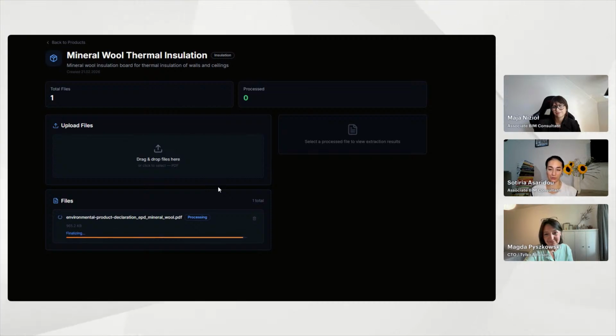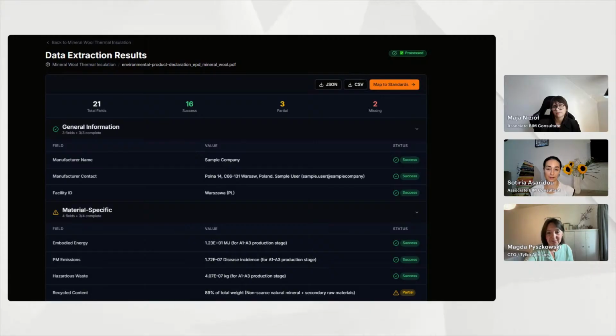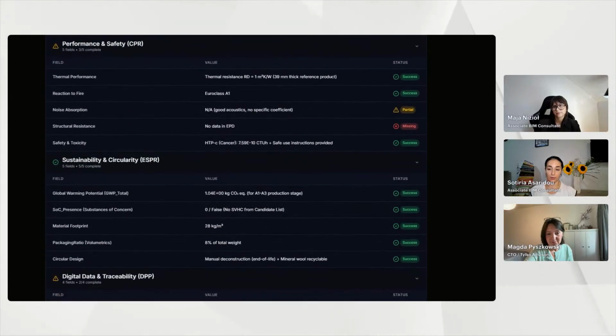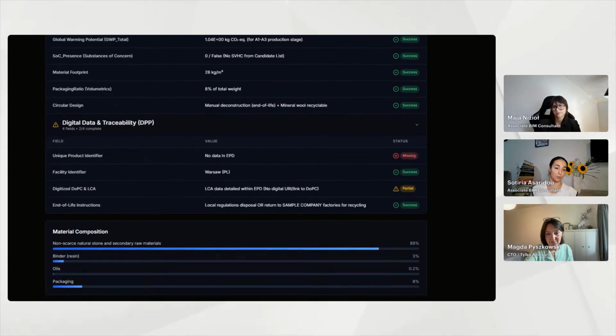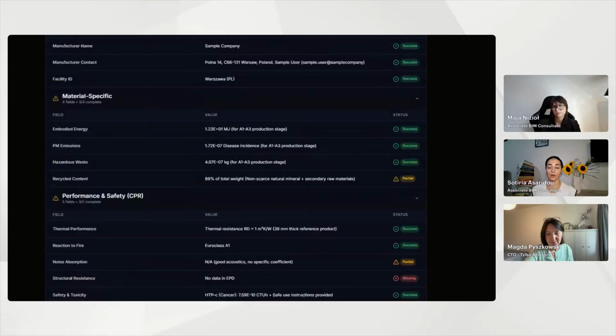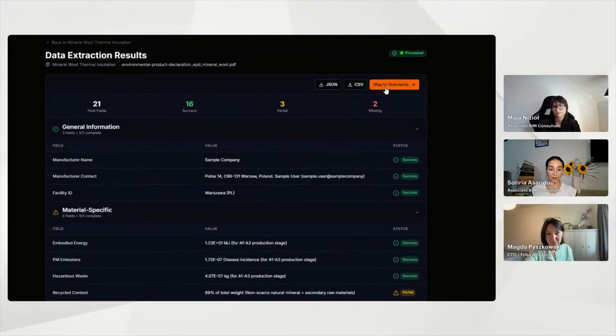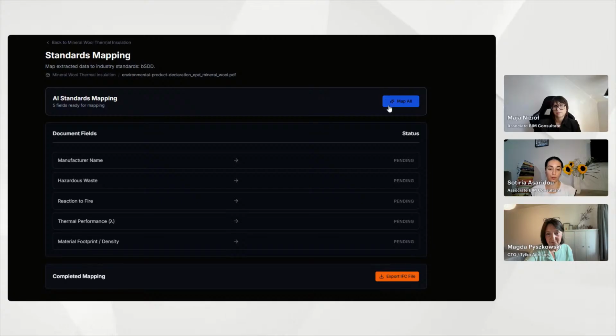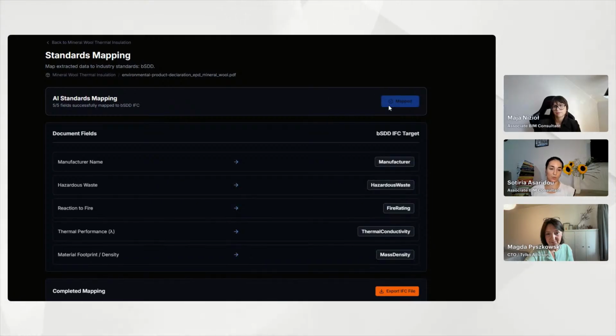The goal is that we use the static files and extract the data from them directly, mostly focusing on the information that is needed for the digital product passport. In that way, we can have all this data successfully mapped into bSDD and also downloaded in IFC form. I think it's a pretty great solution to extract the data and get it transferred into the digital world instead of the static one. I'd be very happy to have people who are working around this share insights and collaborate on this topic as well. It's something that we're really interested in and working on right now.